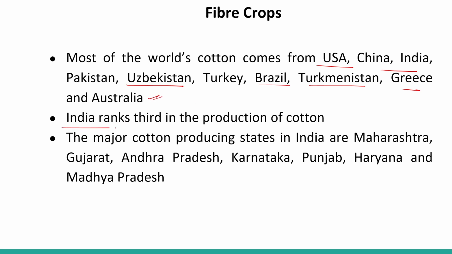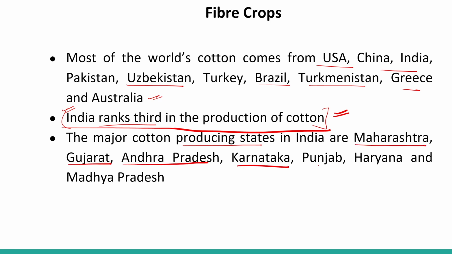India ranked 3rd in the production of cotton. Very, very important point, so this can be asked in the examination. What is the position of India in the production of cotton in the world? It ranked 3rd. The major cotton producing states in India are Maharashtra, Gujarat, Andhra Pradesh, Karnataka, Punjab, Haryana, and